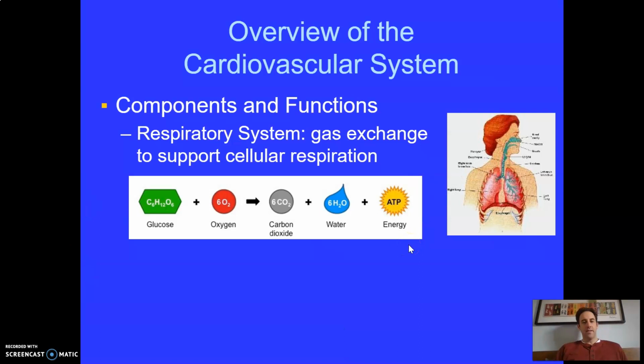And in this unit, we're going to be focusing mostly on the oxygen part and the carbon dioxide part, because the whole point of the respiratory system is gas exchange. It brings in oxygen and it gets rid of CO2. Shockingly, amazingly, the only reason why you have lungs in your body is to support this process right here. Your lungs take in the oxygen, gets rid of the CO2. So that kind of indicates just how important this process is for giving you the energy you need to power